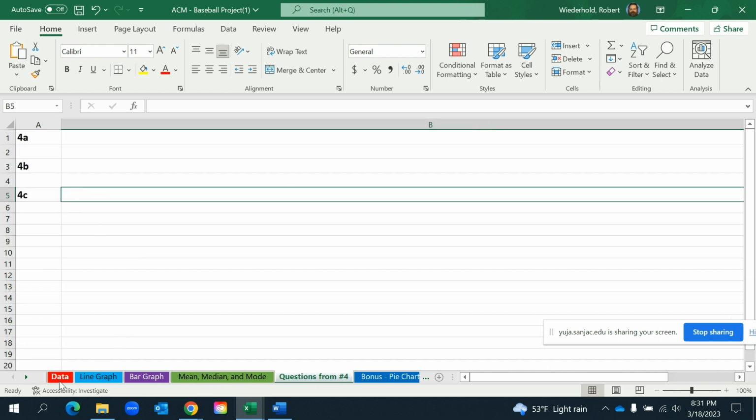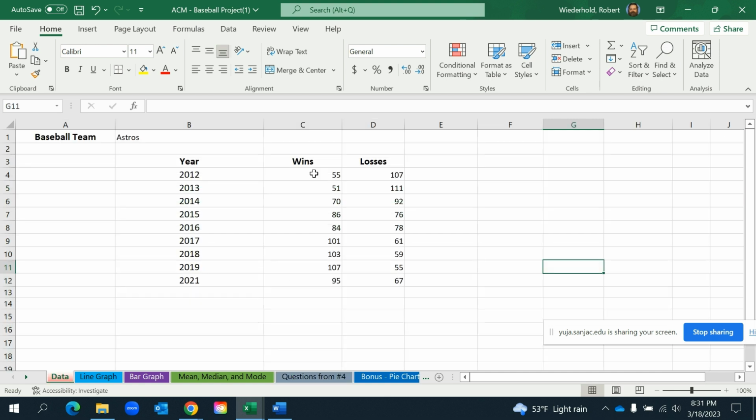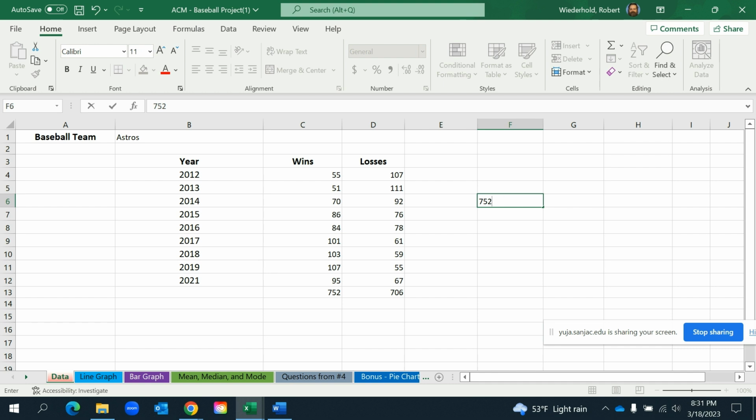Now, the winning percentage, again, that auto sum button is nice. How many total wins did we have in this period of time? I hit my auto sum and see that we had 752. How many total losses did we have? We had 706. So 752 plus 706. If I hit enter, will it add that? No. Let me just add this. 752 plus 706 gave us a total of